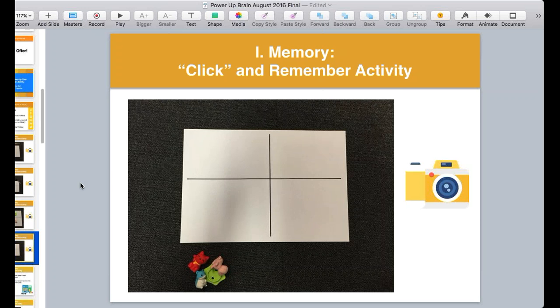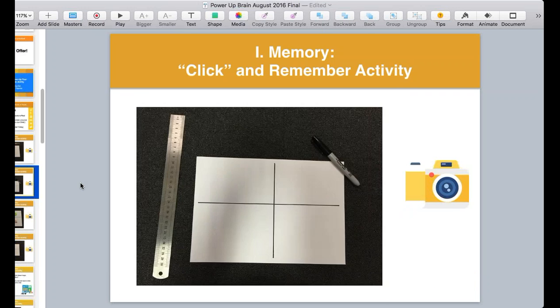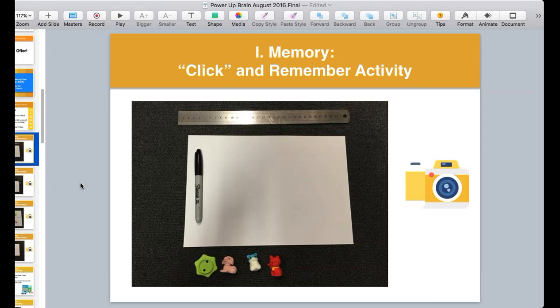And then ask the child, can you put them in the same place that I had them before? And then the child can actually try to put them back. Now, this is a great way to help improve sequential memory as well, but also it actually helps them focus on their ability to remember